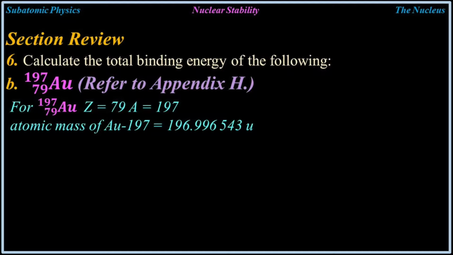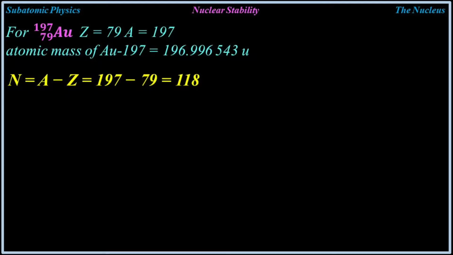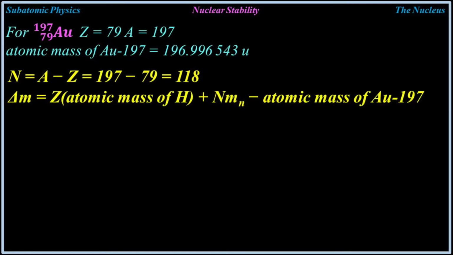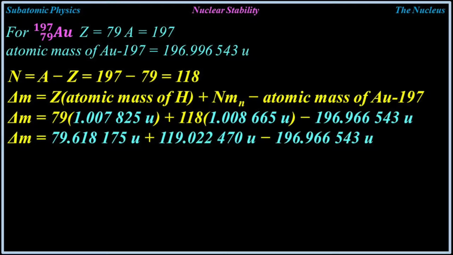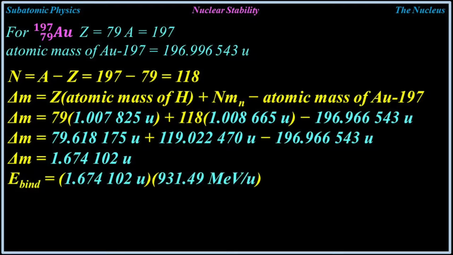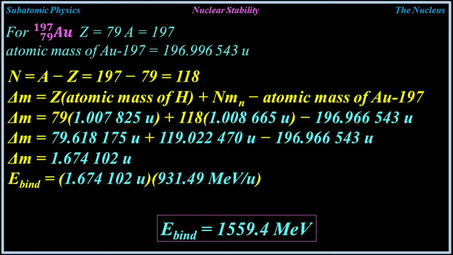The atomic mass of gold, number of neutrons 118, the delta M is going to be 1.674102, and the E bind is going to be